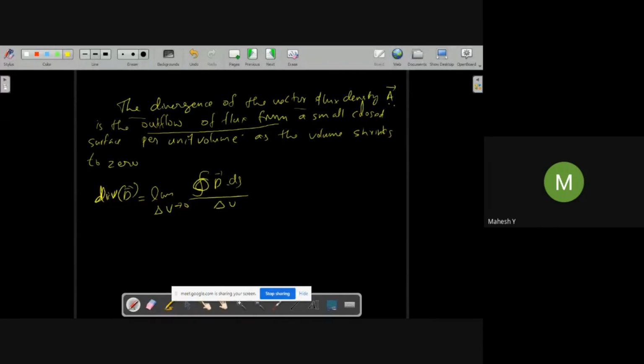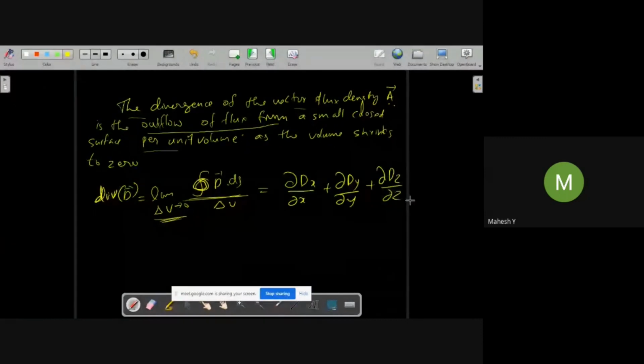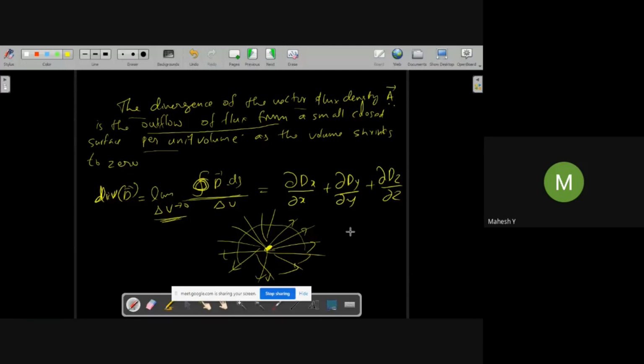That is why the closed integral is there, per unit volume, divided by delta V as the volume shrinks to 0. So divergence is calculated as ∂Ax/∂x plus ∂Ay/∂y plus ∂Az/∂z. Divergence has a physical meaning. Whenever fluxes diverge away, moving outside, we can say that there is a net divergence, or divergence